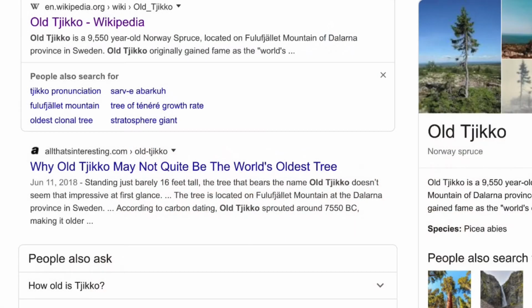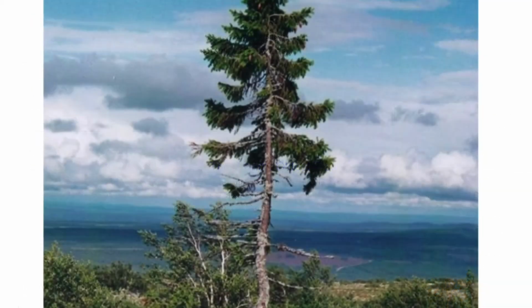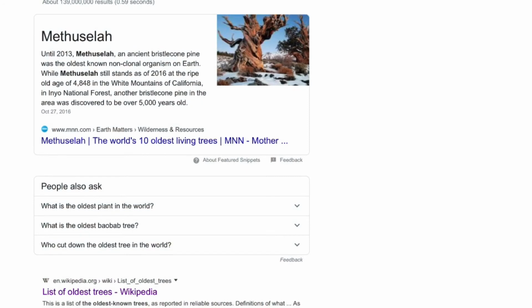I'm not going to say the name of these trees because I don't think I can pronounce them right. But I'll show you pictures of them. Now, the oldest tree here, if you see on this picture, talks about the oldest tree being 9,500 years. But that's very rare, and I'm not even sure how they know that's how old it is. Can you imagine cutting the tree in half and counting all the rings? I mean, 9,500 rings? Just think about only 100 rings, 100 circles, let alone 1,000 or 9,000 of them.